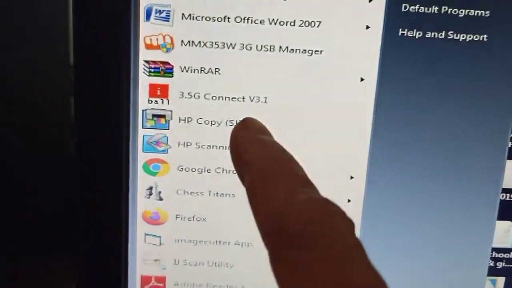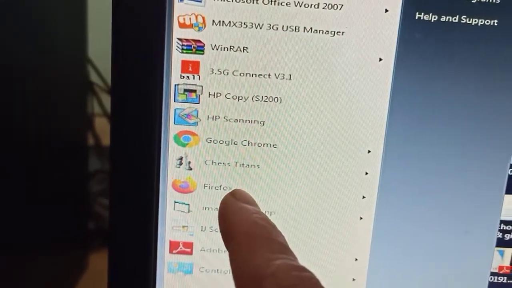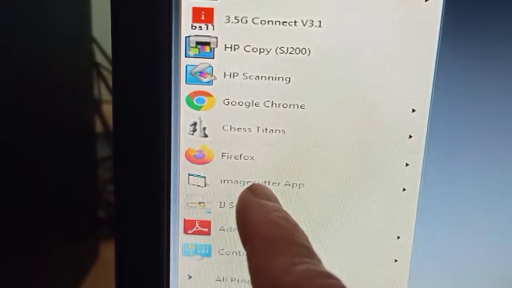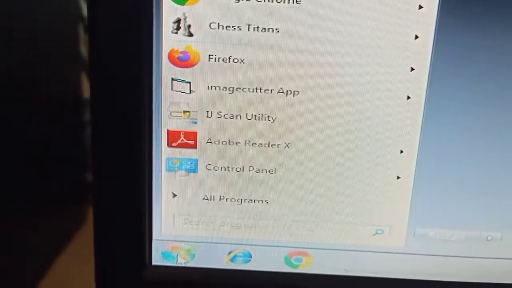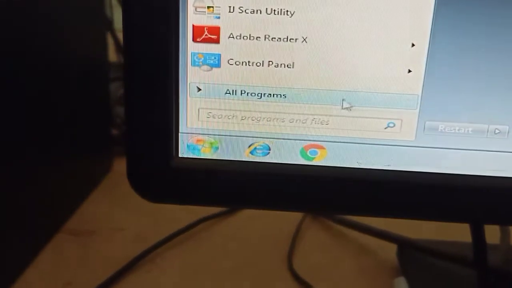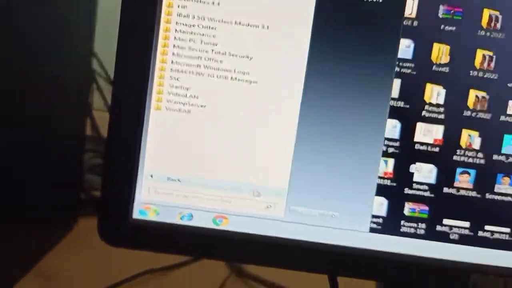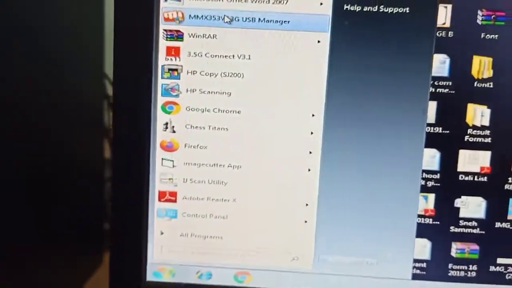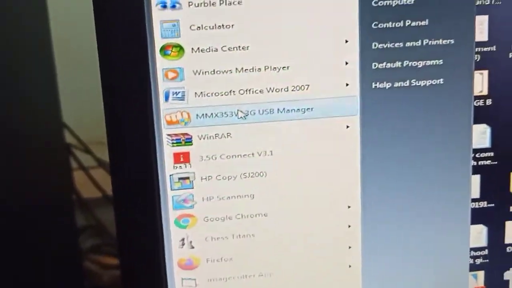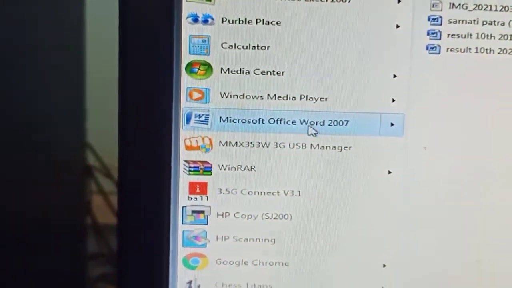Then HP scanning, Google Chrome, Firefox, image cutter, scan utility, Adobe Reader X, control panel. And here, all programs includes the remaining programs. Today we are going to study only Microsoft Word. So this is Microsoft Word.